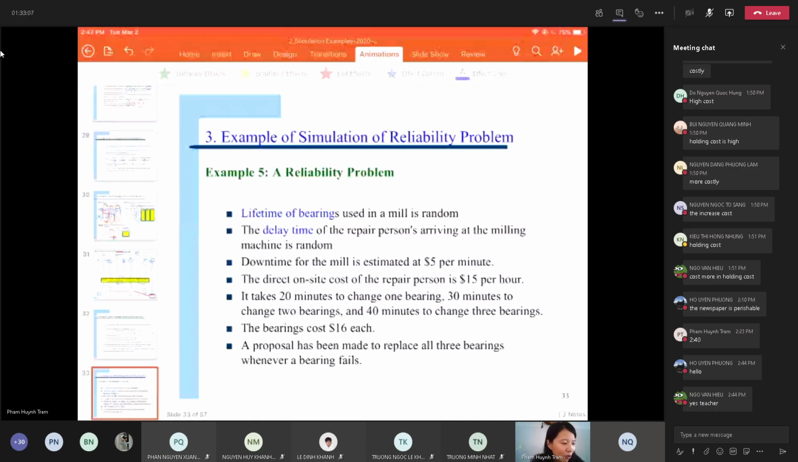So in this example, we look at a case where the engineers have to consider when we need to replace a bearing in a milling machine. You know the bearing, right? You know bearing. So usually in any machines,